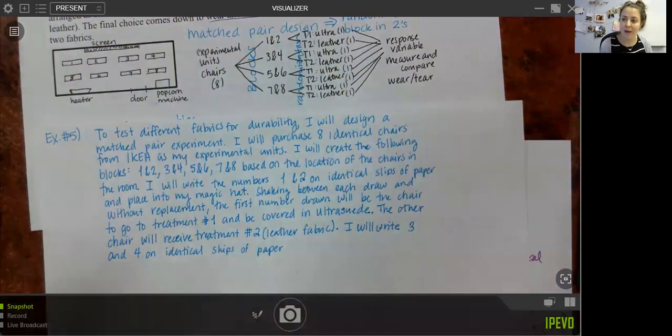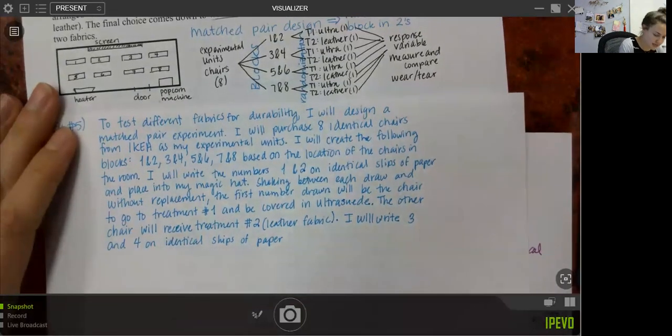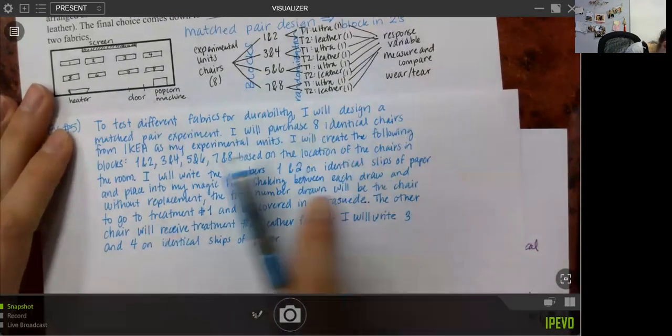It's important that you're not putting numbers 1, 2, 3, 4, 5, 6, 7, 8 all into the magic hat at one time, because we're blocking first. If they were all in the same hat at the same time, that would be a completely randomized design, similar to a simple random sample. I will write 3 and 4 on identical slips. I'm just going to copy what I did over here